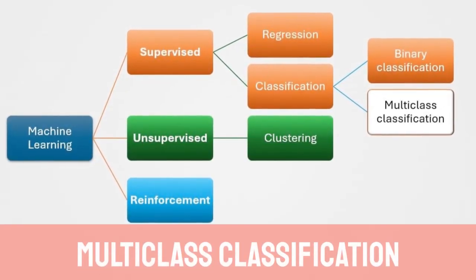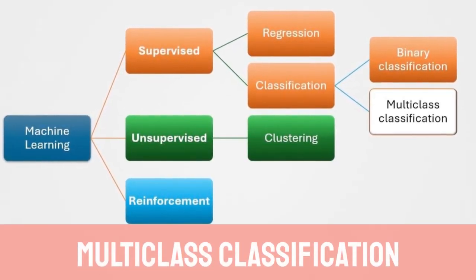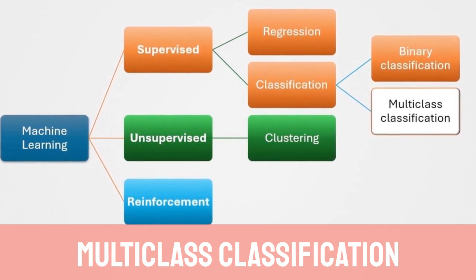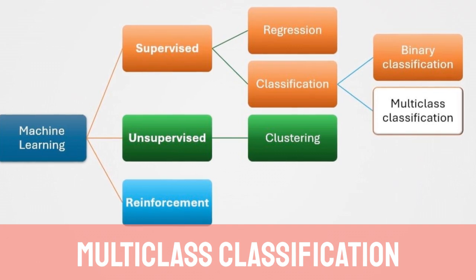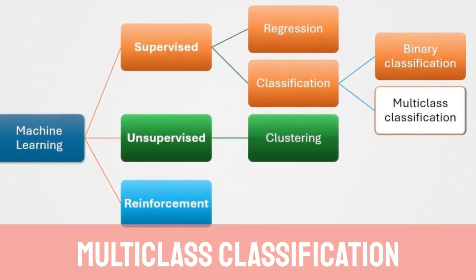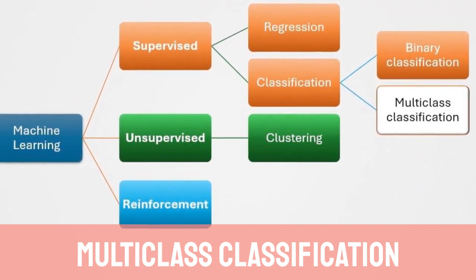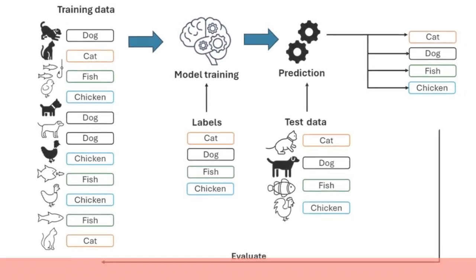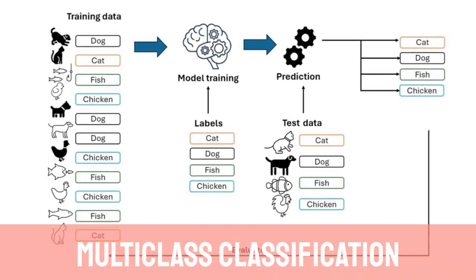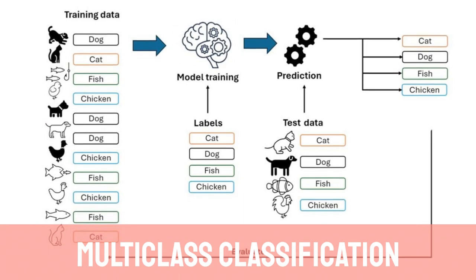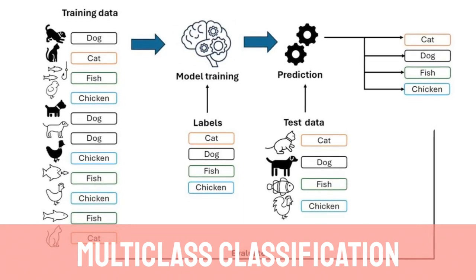Multiclass classification. Multiclass classification extends binary classification by predicting a label from more than two categories. The model is trained to choose a single, mutually exclusive label from a known set of options. For instance, a model might look at a photo of a pet and classify it as a cat, a dog,